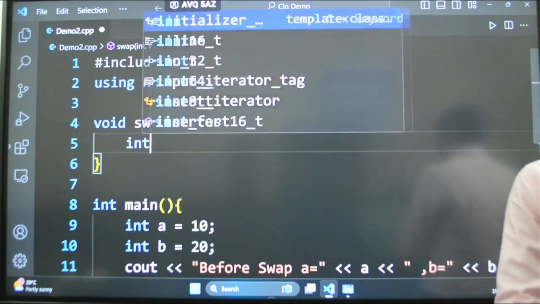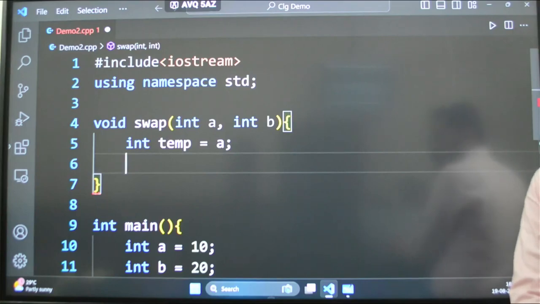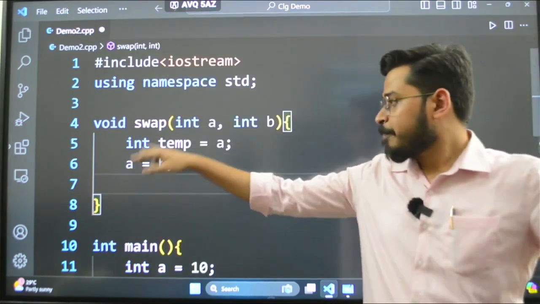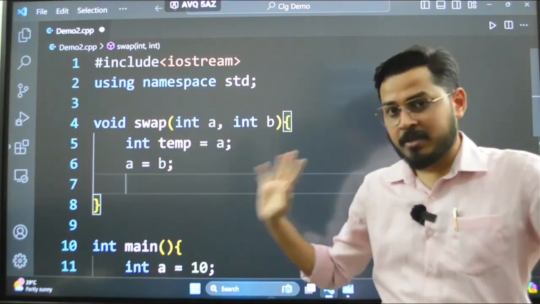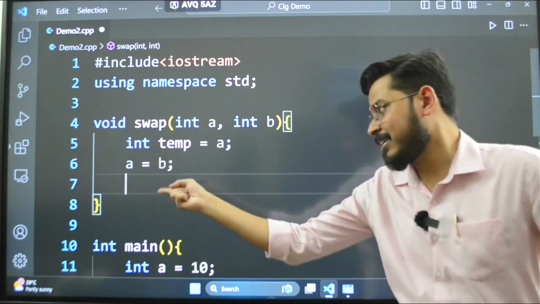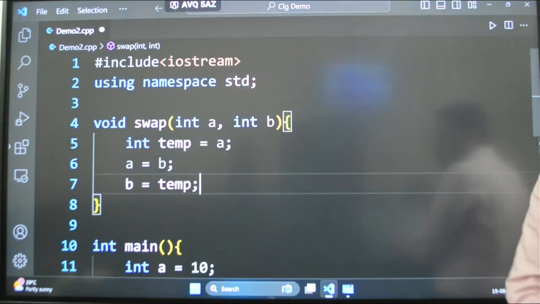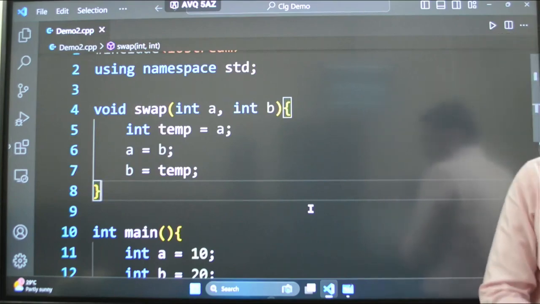We take a third variable, int temp equals A, so A will go into temp, and then I will say A equals B. That means the B value comes to A, the A value went to temp, the extra empty variable, and then the B value came to A, overwriting the value of A, and then I said B, you take the value from temp, and hence the value is swapped. Okay, like this I am doing.